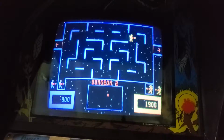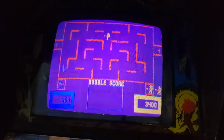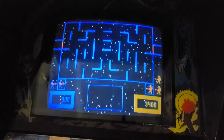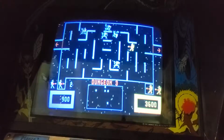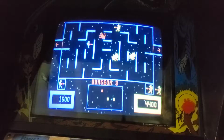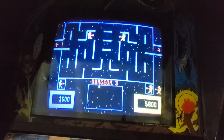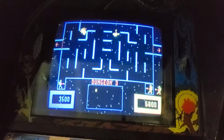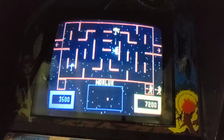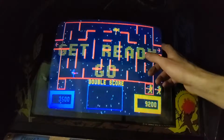Oh shit, he got dead. So yeah, when you kill the Warlock, you get double score dungeon. I like that. That's just cool. Also, you can get shot by your computer ally if standing in the way between him and an enemy. He'll try and shoot the enemy and shoot you instead, so you need to be careful. Also, the Warlock will also try and go to the opposite door of where he spawns, so...